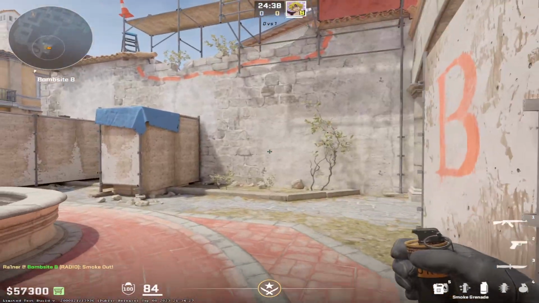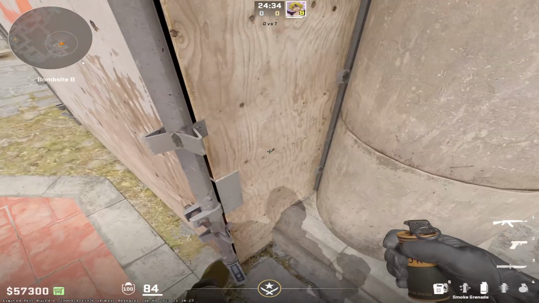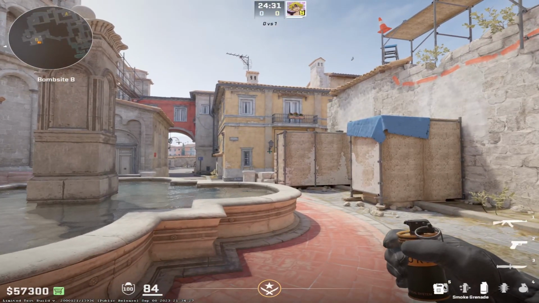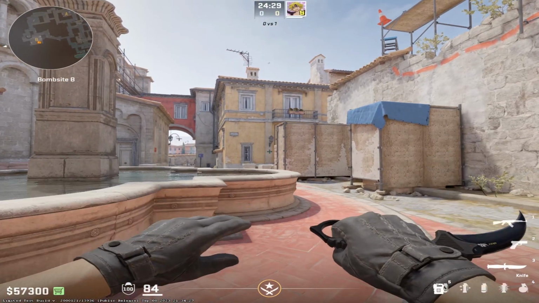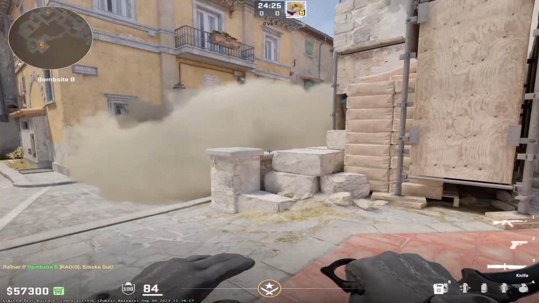If they have taken banana control, but you want to block them off from coming onto B, what you're going to do is go to the corner here, look at the bottom of this lamp, crouch, and then throw. It's going to hit the wall right here, and it's going to...